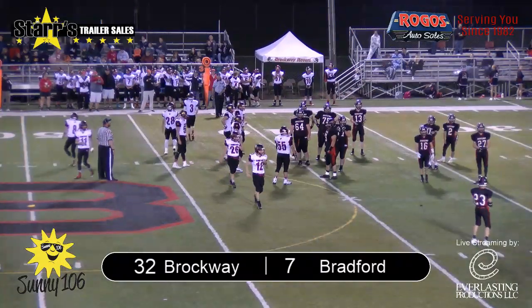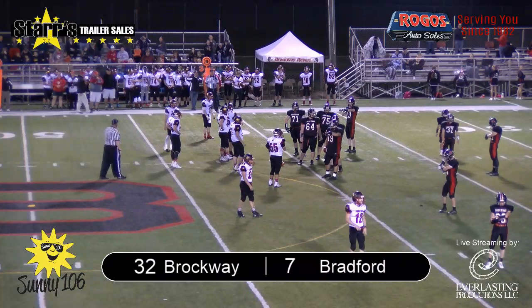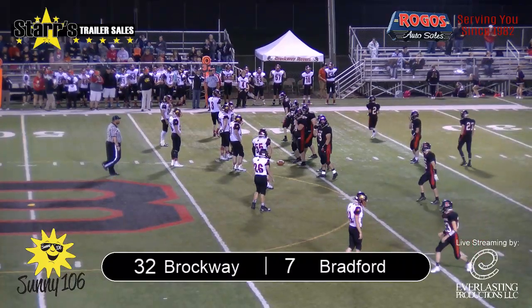Okay, third down and 10 from the Brockway 41-yard line. Brockway, as we said, moving from the creek from our right to our left to the park. They lead this one at 10:31 here remaining in the third period by a score of 32-7 from Frank Verschetti Field on their homecoming night,